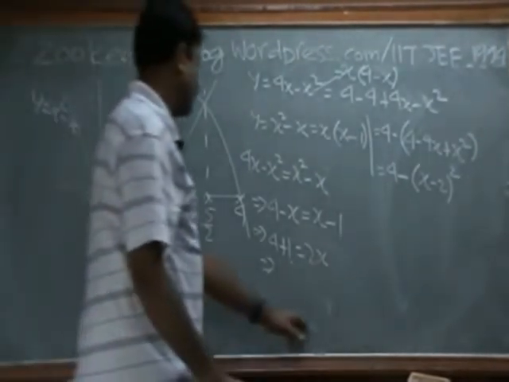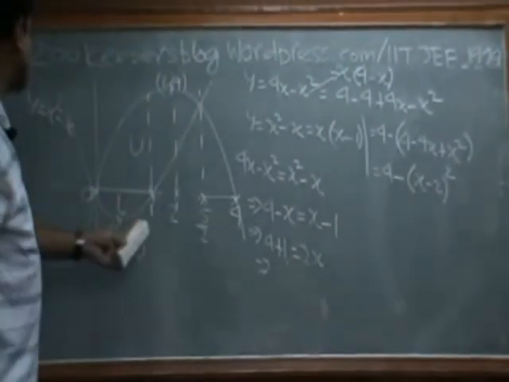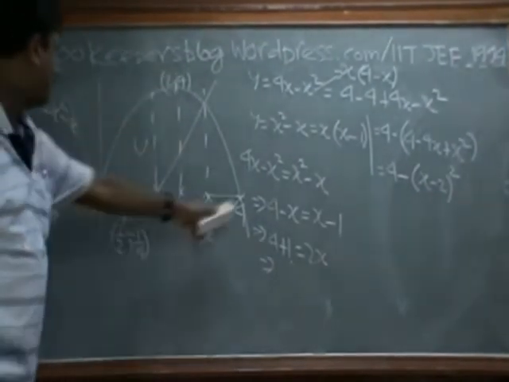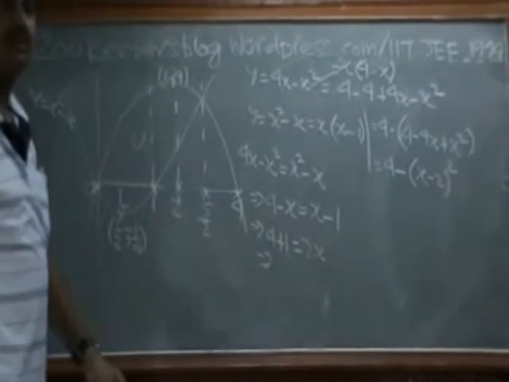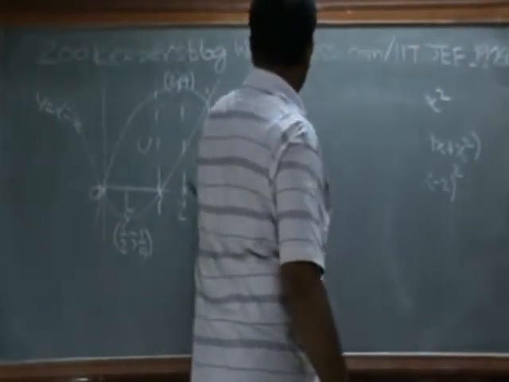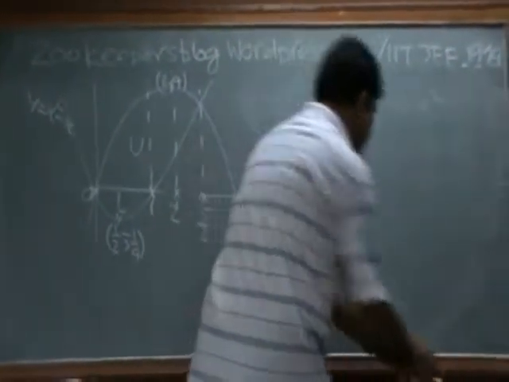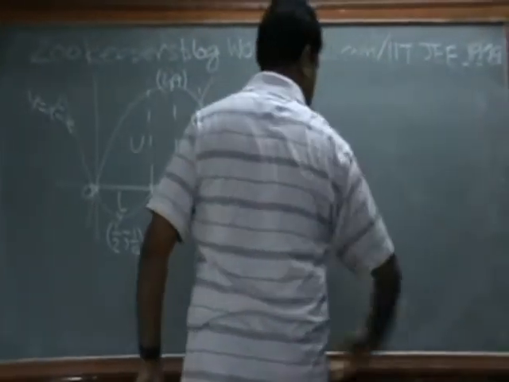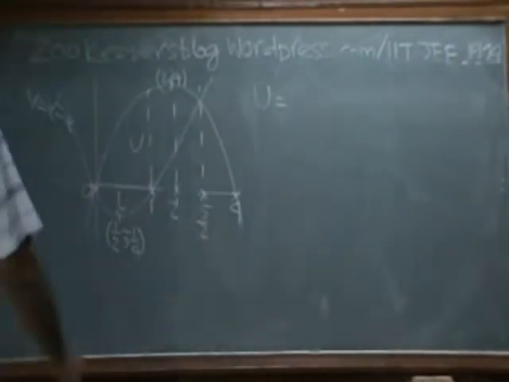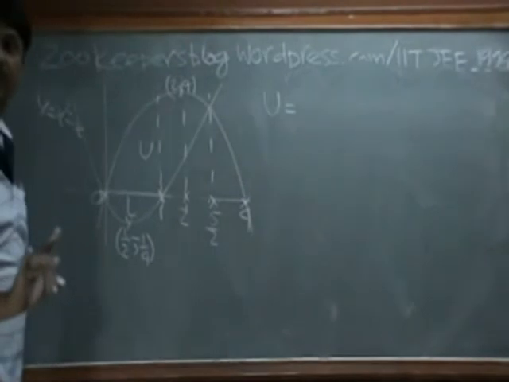So with that, we can clean off this board because we don't need this anymore. We have to catch all these points: 0, 1, 2, 4, and 5 by 2, all that we have got. So can we write the areas now? This gives you a very clear idea about positive and negative. So the upper area is how much? The upper area would be written in 2 parts. Do you appreciate that, all of you?